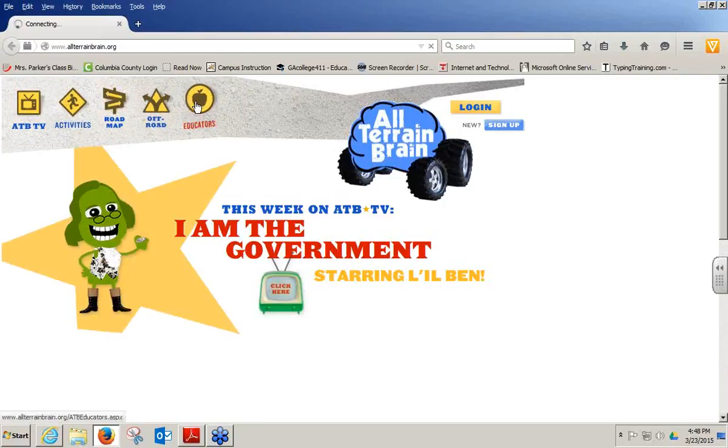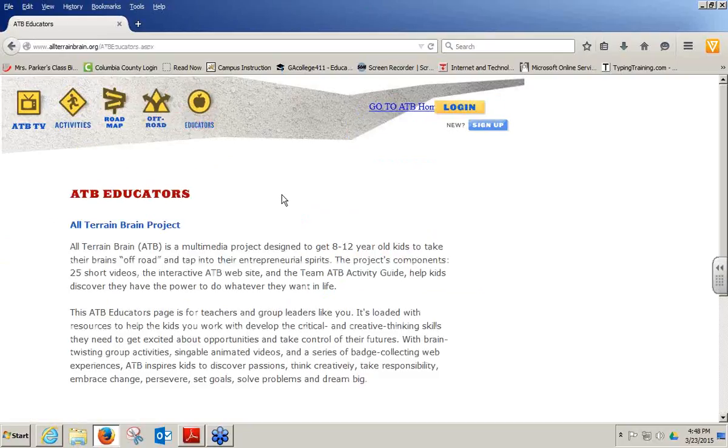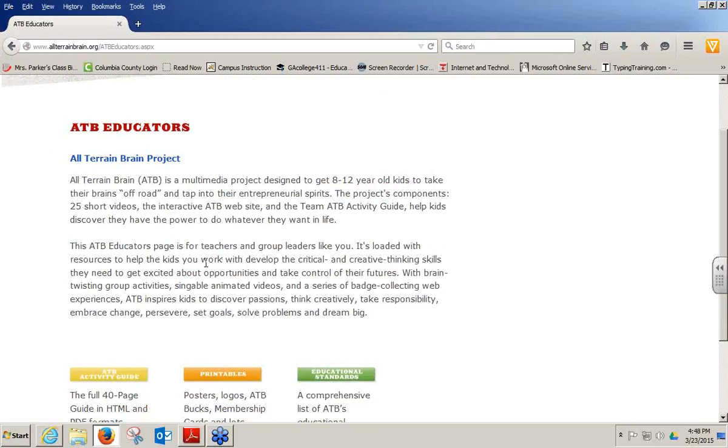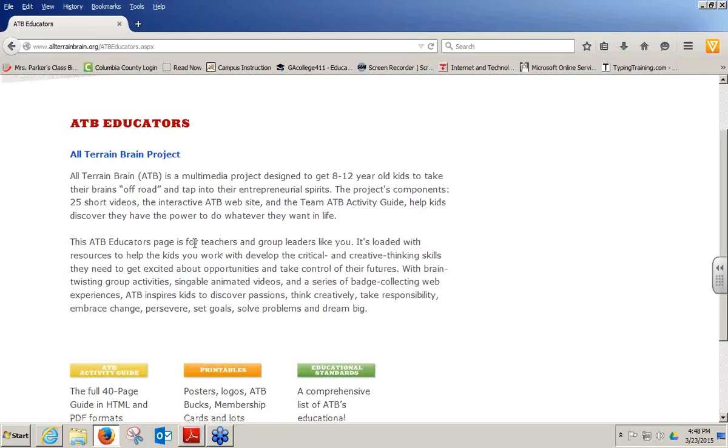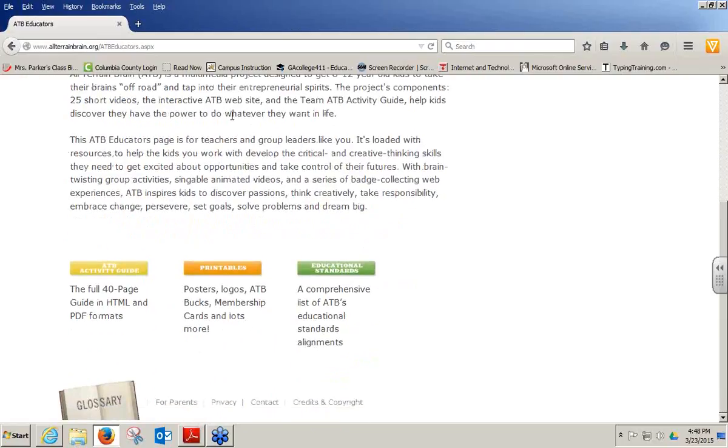But you see here, educators, you can go here to All-Terrain Brain, and they have all kinds of topics that are specific to entrepreneurs, and they have group activities, animated videos,